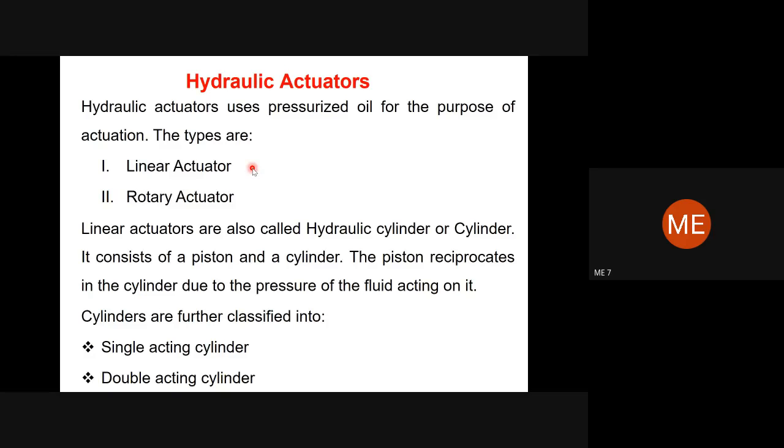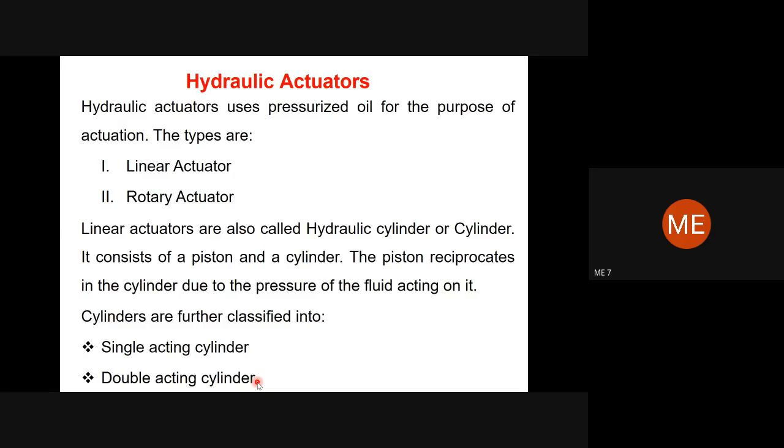The various types of hydraulic cylinders or linear actuators are the single acting cylinder and the double acting cylinder. In the single acting cylinder, you apply the pressure on one side of the piston for the movement. For the reverse direction, for the retraction, the spring pushes it back. But in the double acting cylinder, the fluid pressure is applied on both sides of the piston,